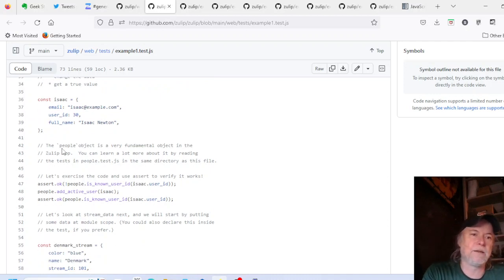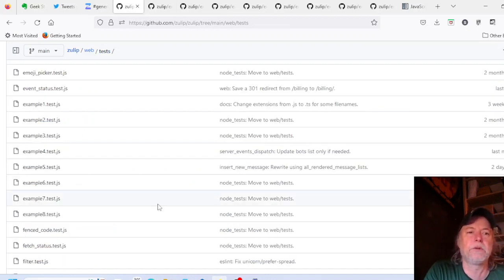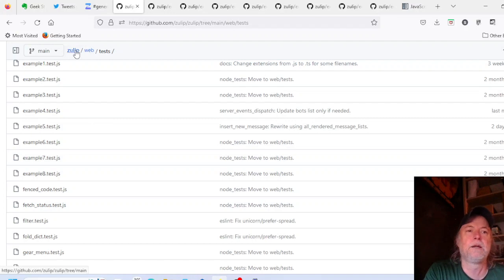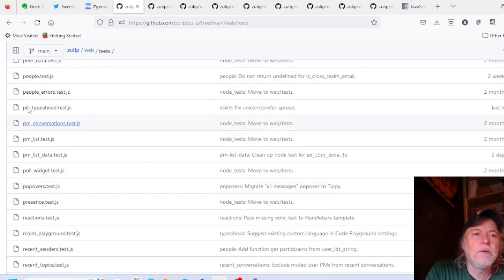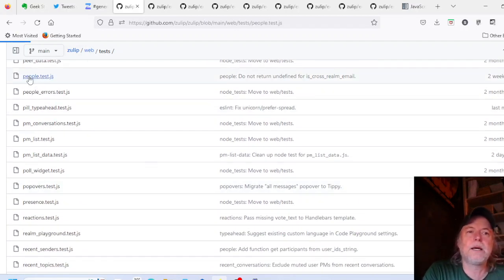And as I say it, this comment echoes what I said before I even read it. The people object is an extremely fundamental object in the Zulip app, and you can learn a lot by reading the tests in people.test.js. And I should show you how to do that. It's very simple. You just go into the test directory, Zulip web tests, and if you go down to people.test.js,